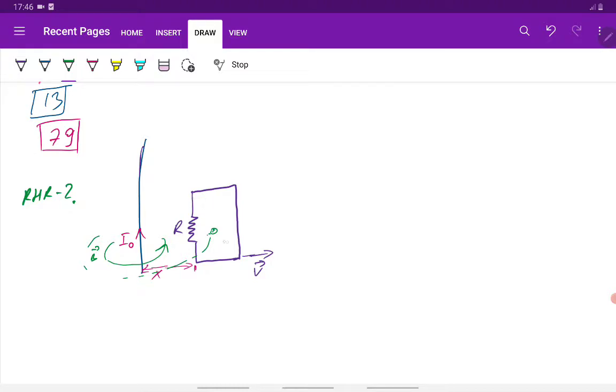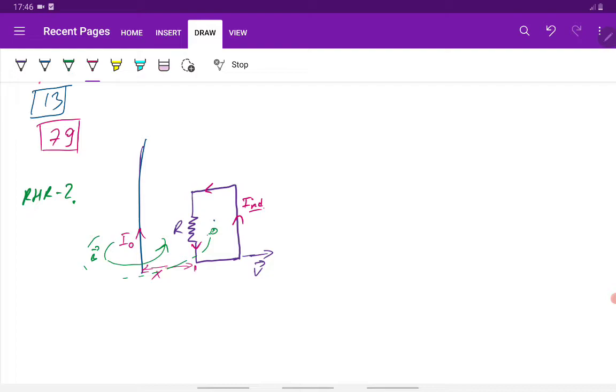Since the magnetic field goes into the page due to this wire, then according to Lenz's law, this induced magnetic field's direction should be going out of the page, right? In that case, using the right hand rule again, the induced current should go in this direction,